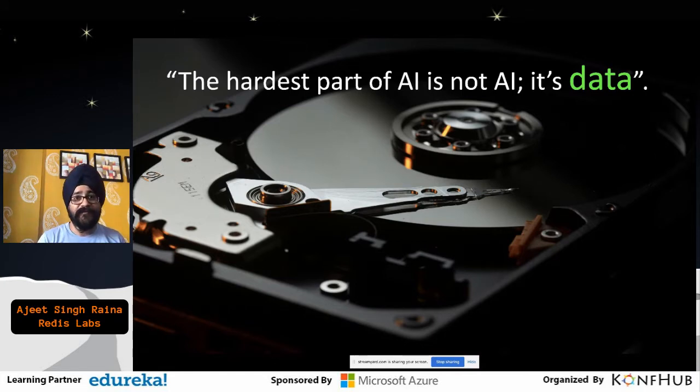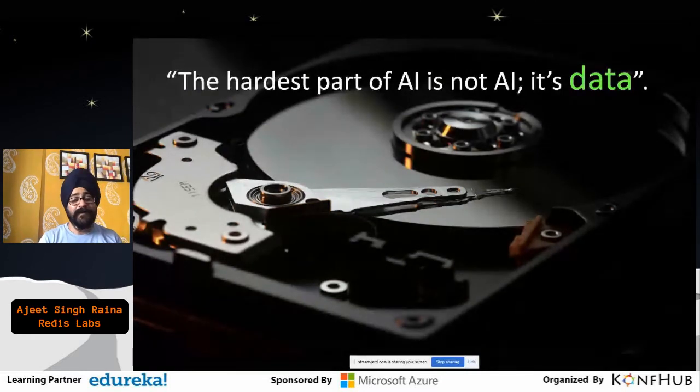The hardest part of AI is not AI; it's basically the data, because now you have an enormous volume of data coming into the system. And to accommodate that volume of data, you need a very robust database to store it.